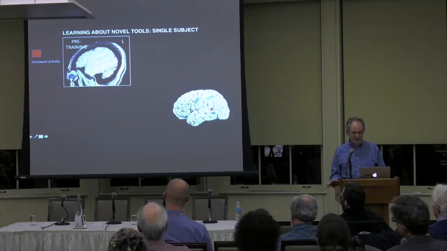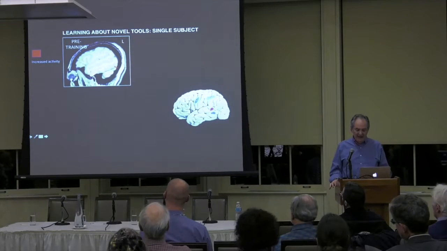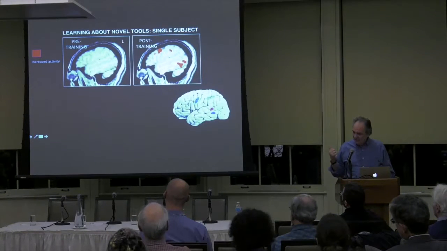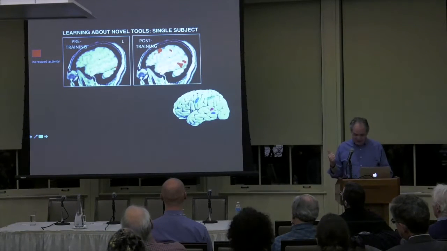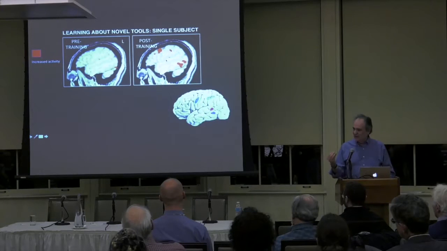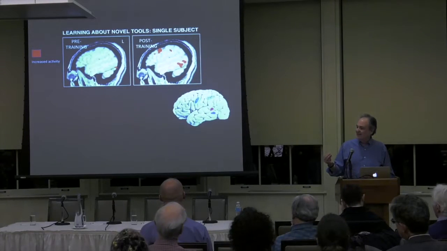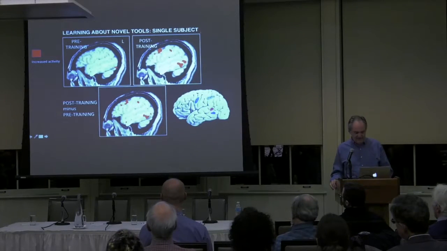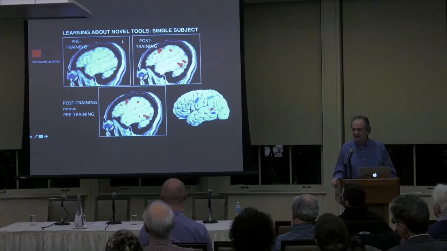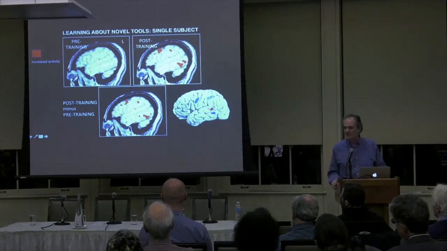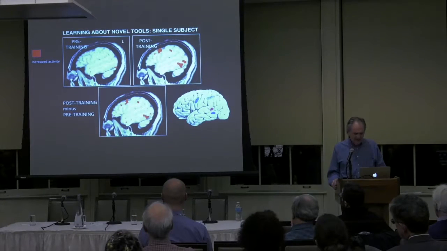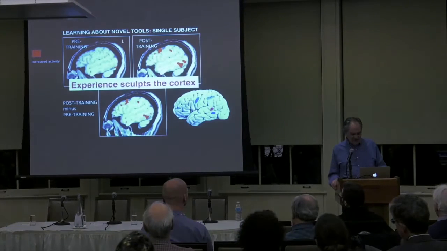This is the visual pathway down here. After training, however, look what happens. The areas that I've just been describing to you, the blue areas, come online when simply doing a perceptual test with these things that they now have learned are actually tools. And here's the direct comparison of this versus that to get the statistics to say, yeah, these are real changes. So from that, we can assume that